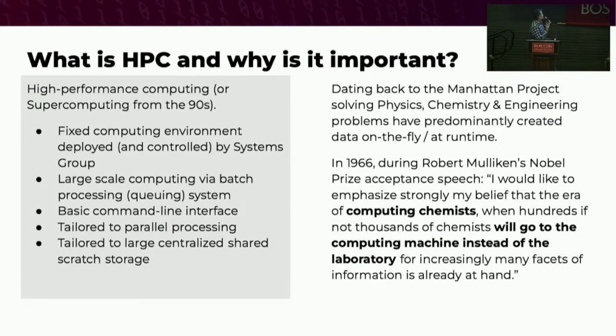So here's a slide reiterating, for most people that know what high performance computing is, that high performance computing traditionally has been a fixed computing environment that is deployed over a scheduled system. Researchers will submit their jobs, they have to wait for those jobs to run, and they get results back. It's typically a command line interface, although nowadays we have extended the HPC landscape using products like Open OnDemand to provide web front ends to HPC clusters,